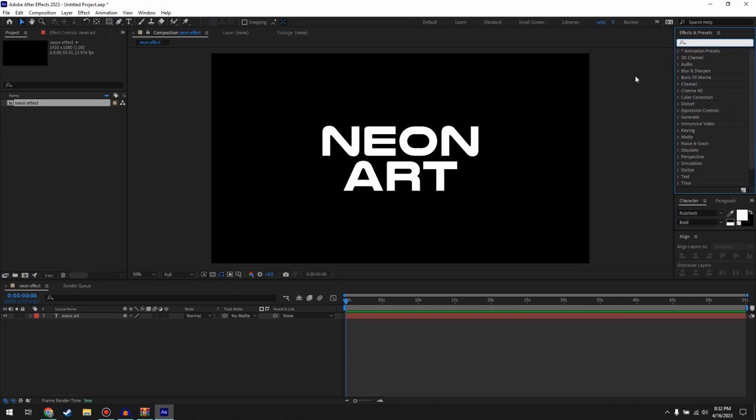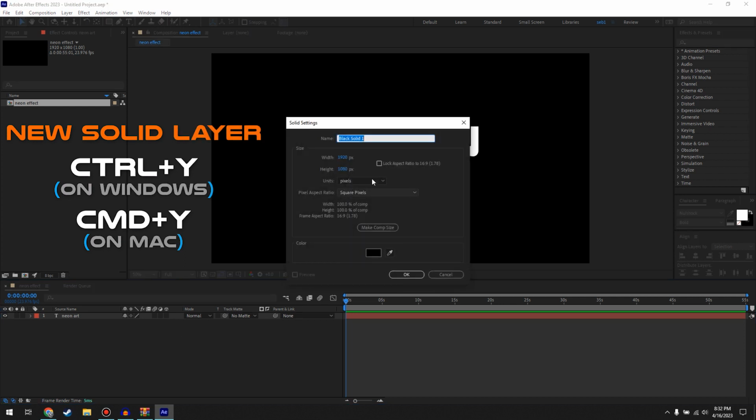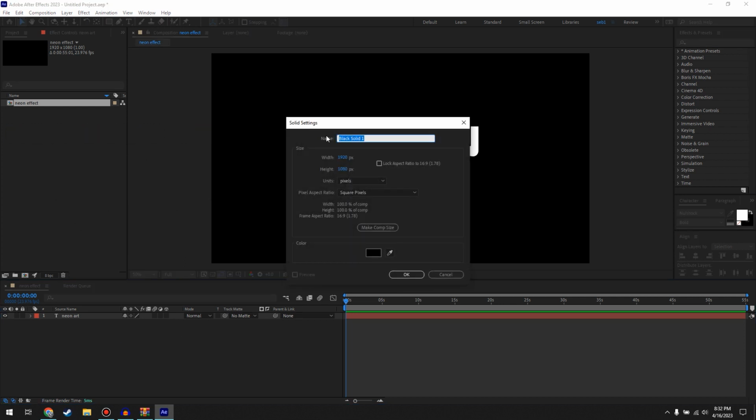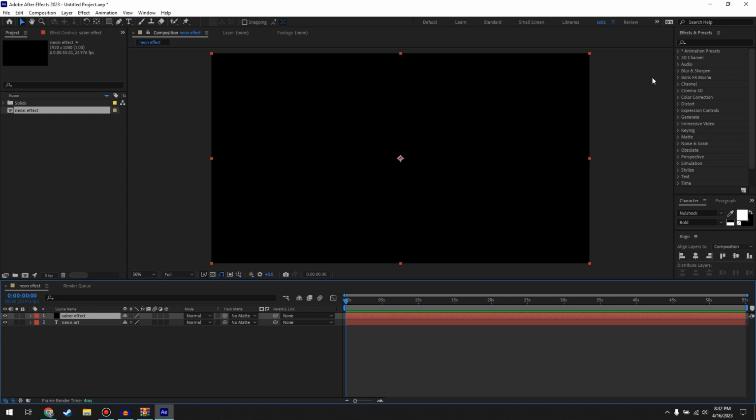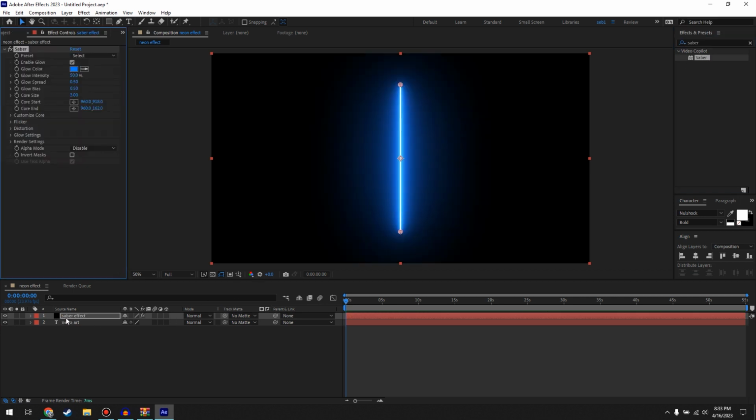And the next thing we're going to do is click Control Y in our composition, and that will create a new solid. So what I'm going to name it is I'll do Saber effect. And OK. And here in our effects and presets, I'm going to look up Saber. And I'm going to double click it and it will add it to our selected solid layer, or you could